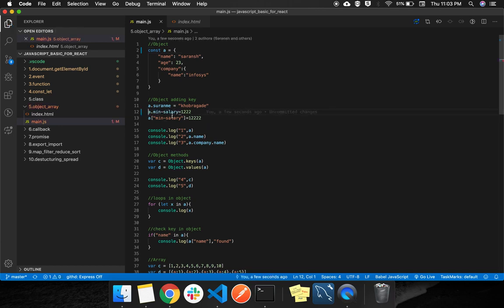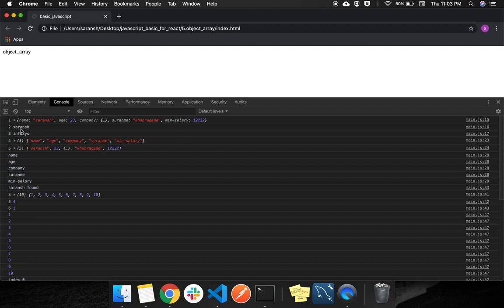It will give you an error that the syntax is not right. So for this kind of thing, either avoid hyphens in the keys, or if you have hyphens then access them using brackets like this. You can see the console over here, 1 2 3.